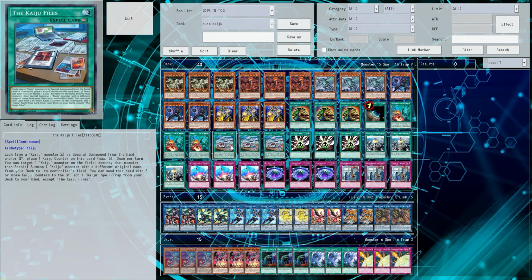And it also maxes out at 5. And once per turn, it lets you target a kaiju monster on the field, destroy it, and then replace it with a different kaiju under the person who controlled the previous kaiju. And you can send it with 3 or more counters to the graveyard to add a kaiju spell trap from your deck to hand, except for itself. So it's a good alternate method, and if you're doing a lot of special summoning, which at times will happen,